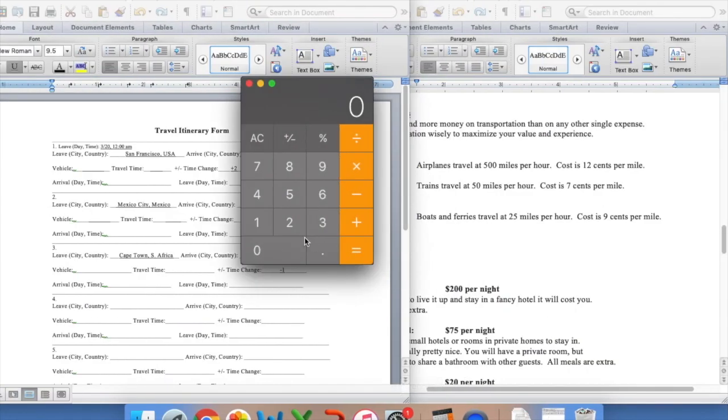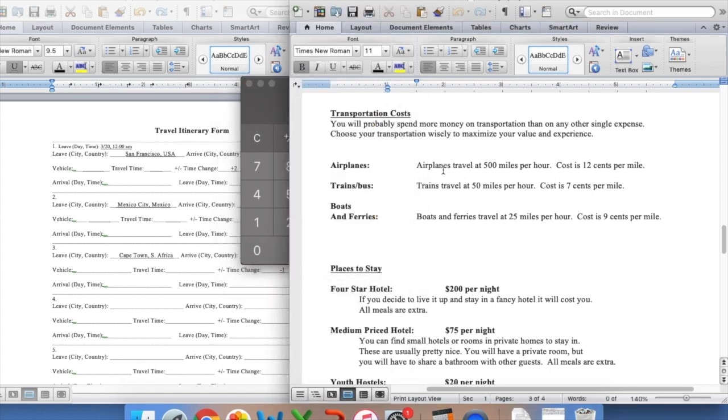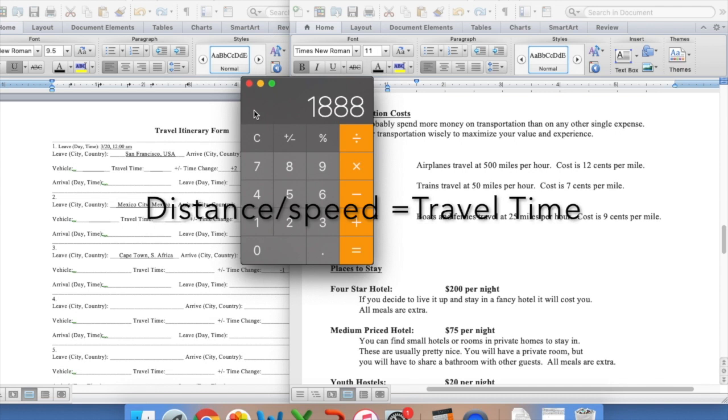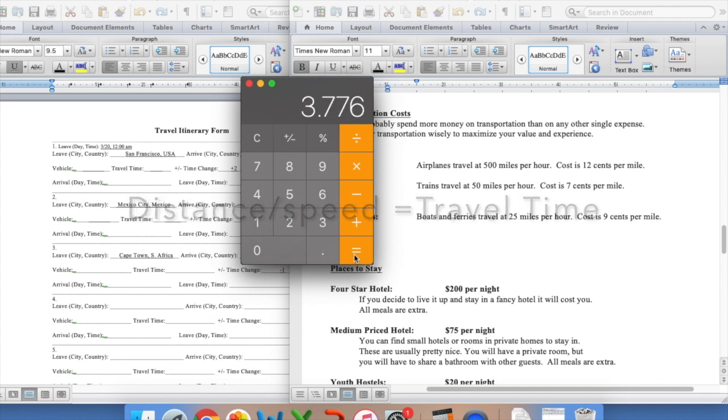So I'm going to remember that. I'm going to put it in my calculator. 1,888 miles. Now for me, the first vehicle I'm going to do, the first mode of transportation is going to be an airplane. If I go here, it tells me that airplanes go 500 miles an hour. So what I have is the distance and the speed. Distance over speed equals travel time. So 1,888 divided by 500 is going to get me